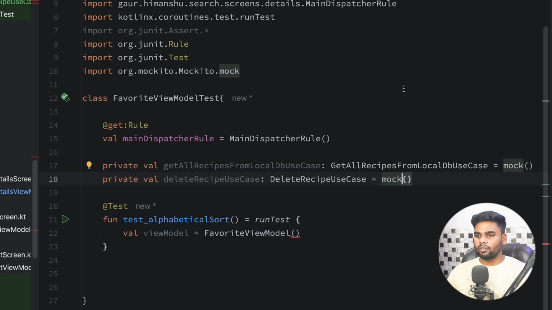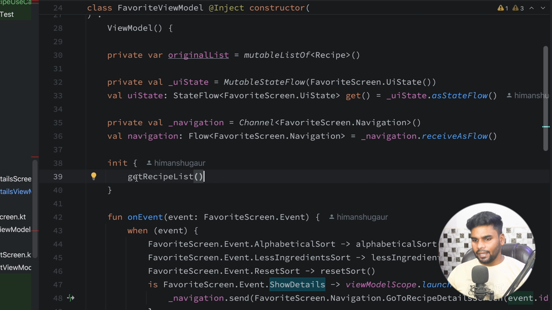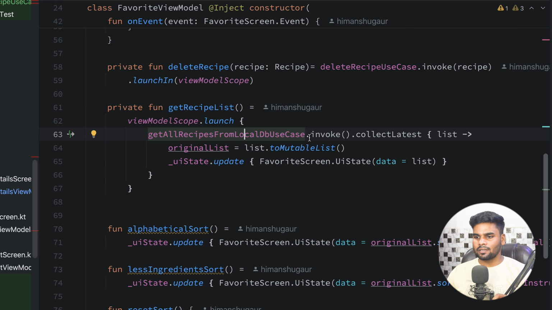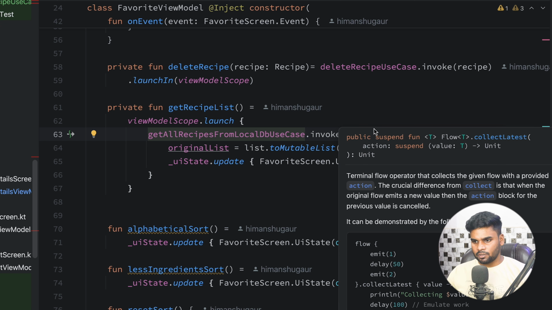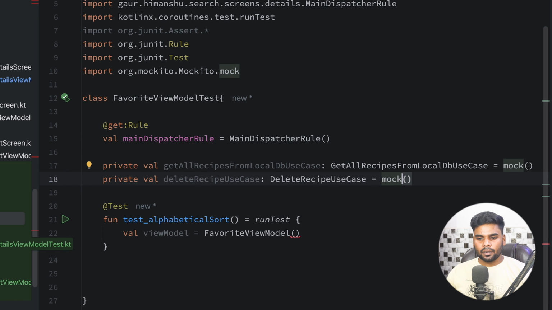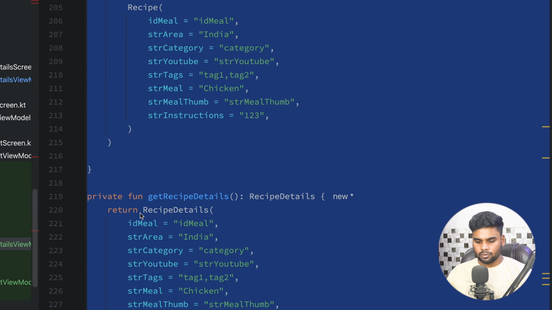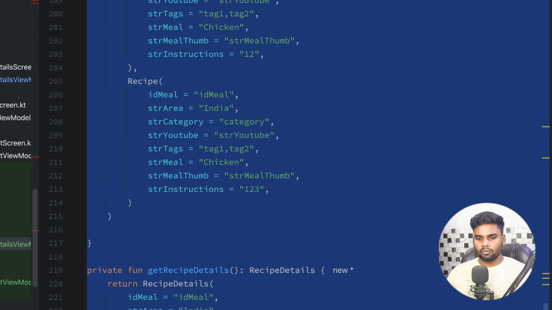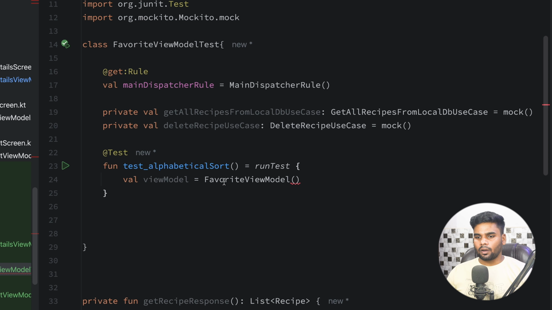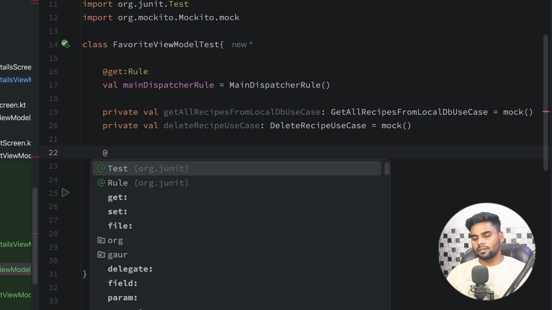Alright, if you open favorite view model again, you can see in the init block I'm calling the get recipe list function, and when you open this function I'm using the get all recipes from local db use case, simply using invoke and collecting its emission. Ultimately I'm going to update my UI state. So for that, first thing first, go to your recipe list view model or recipe detail view model test, where we are using these two functions. Simply copy these functions, come back to your favorite view model test case, and on the bottom simply paste them. Alright, so now I'm going to use a before block,